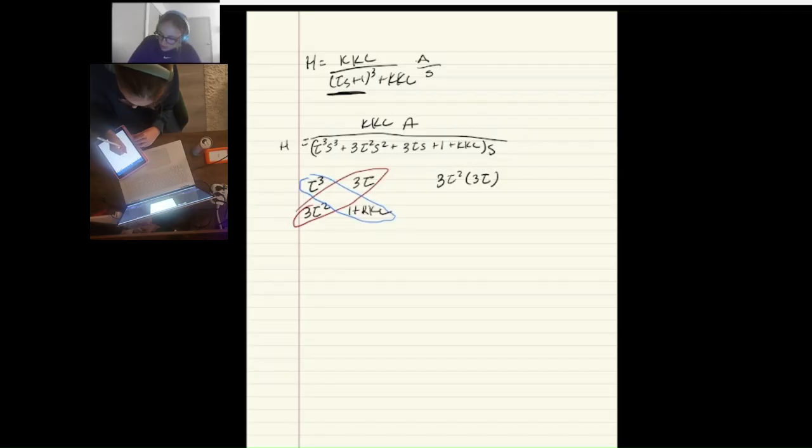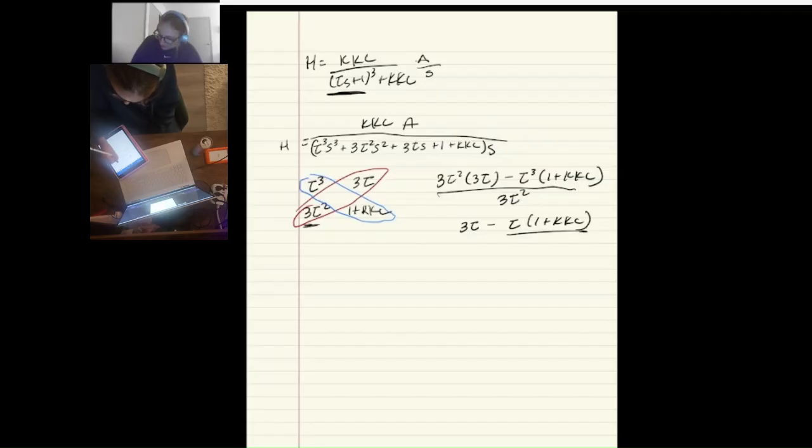And then it's going to be minus tau to the third times 1 plus Kc, divided by our term here, our biggest term on the bottom left. That's 3 tau. And so then we can cancel out some things. So this is going to be 3 tau minus tau plus 1 plus Kc over 3. So our fourth term here, so we know the terms over here are going to be 0, but